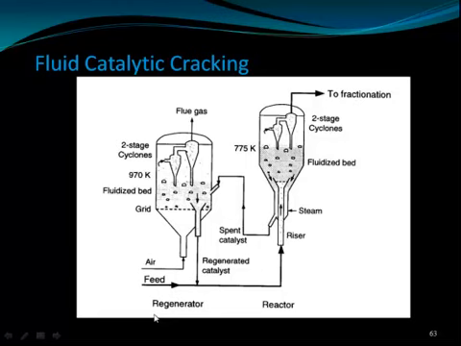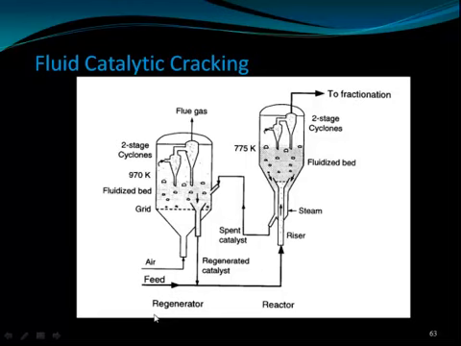When the fluid is moving up, it will be cracked, and we have the gas and the catalyst particles. The gas we can separate in the cyclone separator, and the catalyst we can send back. Here the riser will carry up the fluidized bed. The cracking will take place, and then the cyclone will separate the gas and the catalyst. The catalyst we can again send to the other separator.